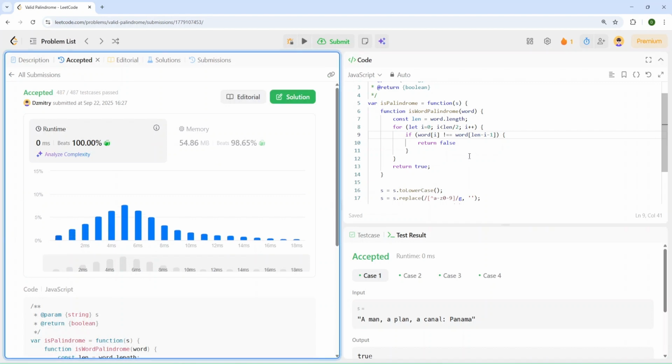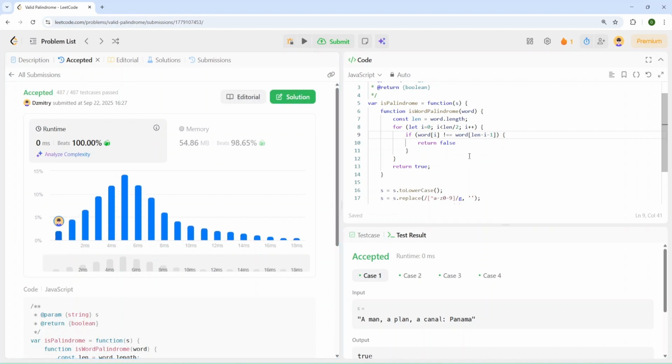And let's wait. And as you can see, now I have a much better runtime, and it beats 100%. And also our memory beats almost 100%. And this small improvement made our algorithm more efficient.